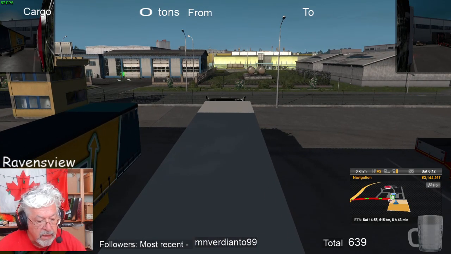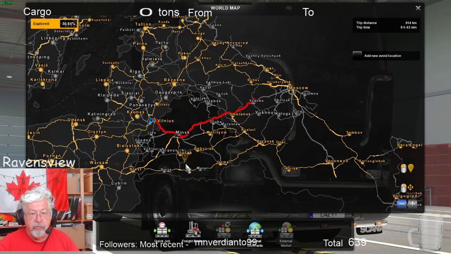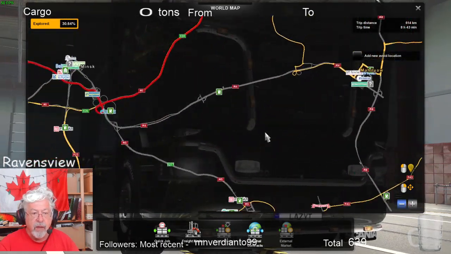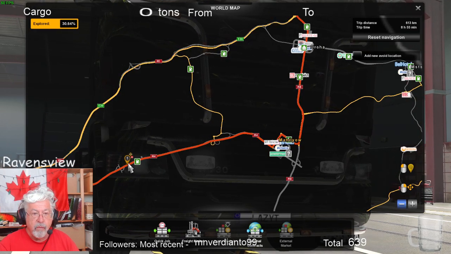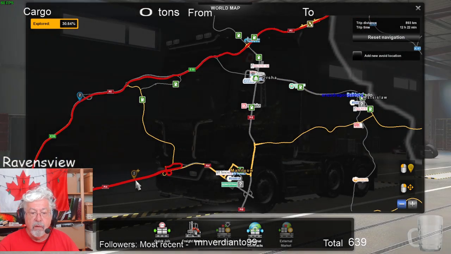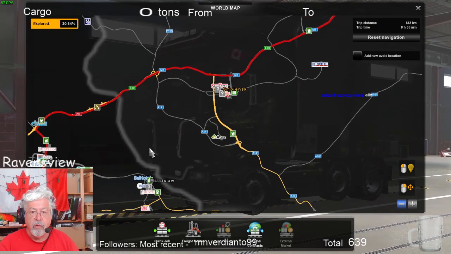Let's look at the map now. So we are going here to there, and it's fairly direct. Smaller we can go. Well, we have not been on that road before. Right, so if we go here, that, and we can also go,